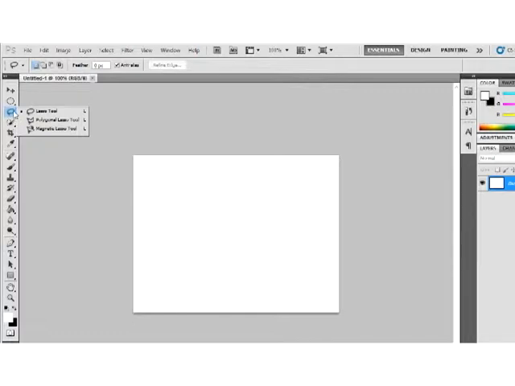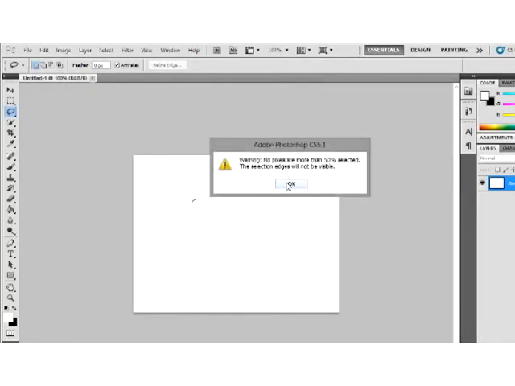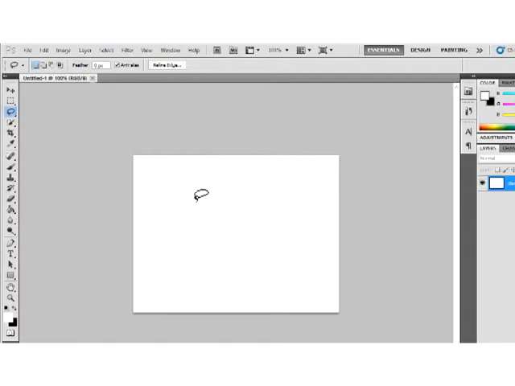The lasso tool is different from the marquee tool. We use the marquee tool to make a selection with options, but the lasso tool is more refined. With the lasso tool you follow a shape you want to trace out.